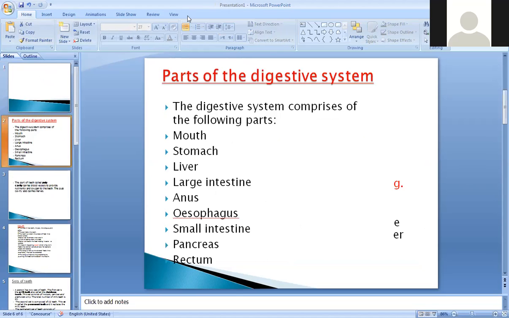So I've said today we start with the parts of the digestive system, so you can write